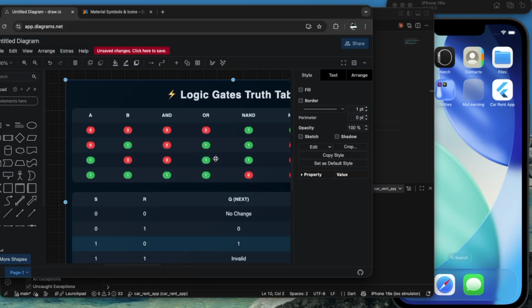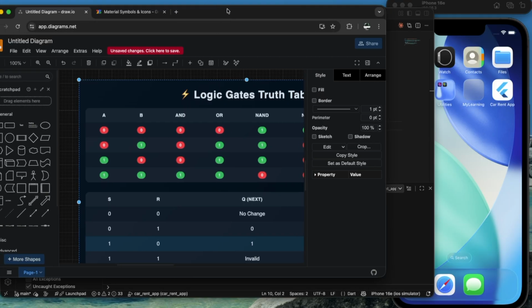So there are always two endpoints. One is 0, another is 1, or maybe for the NOT gate there will be just one endpoint that could be either 0 or 1, and there will be an output. So if you have started your BTech journey with any of the electrical departments, you must have come across this kind of